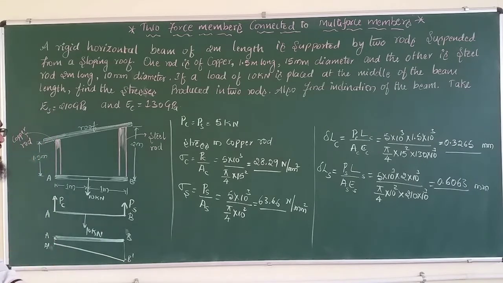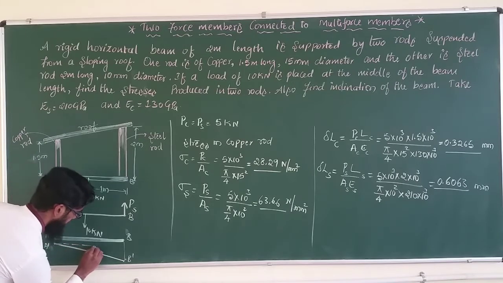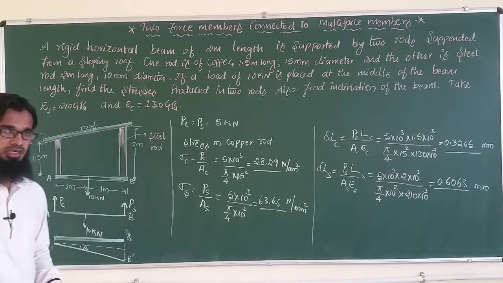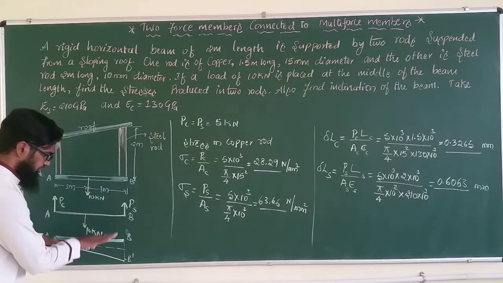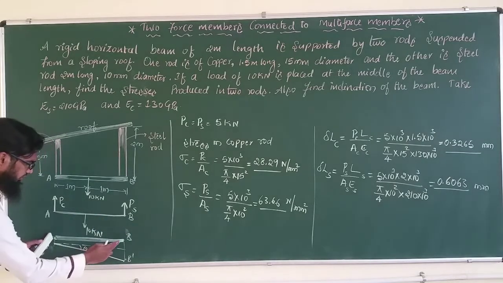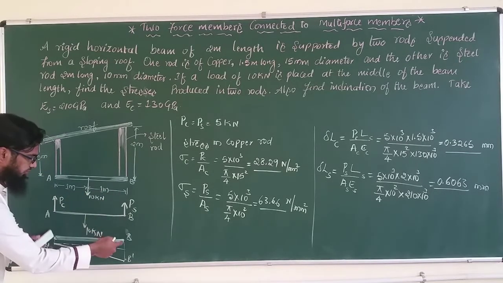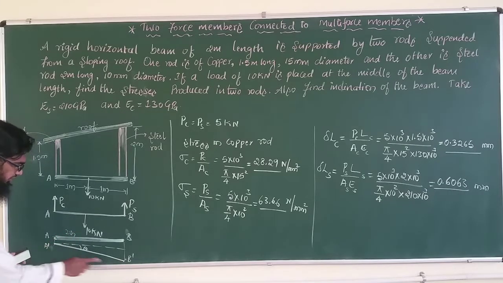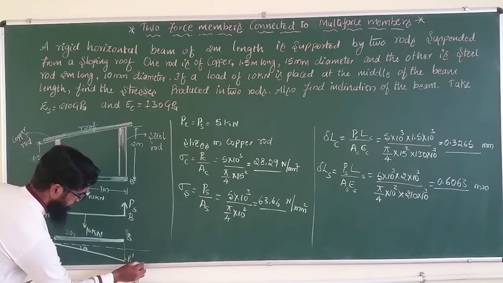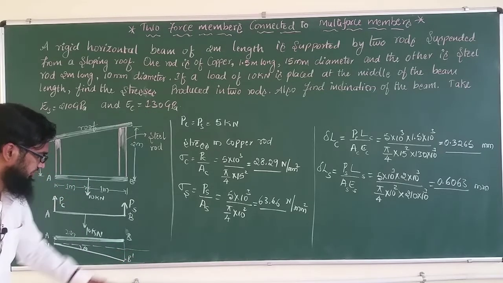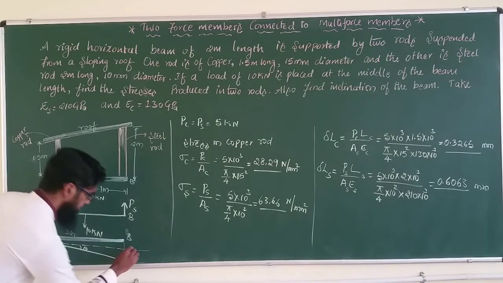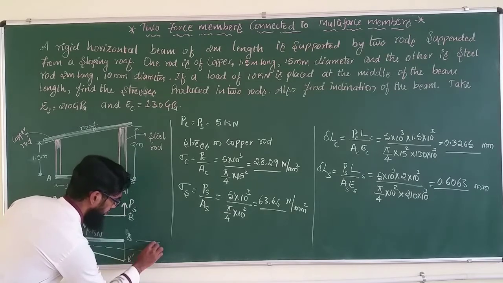Now I need to calculate the angle of inclination. You just take the horizontal line here. This is theta, the angle of inclination. We know that this length is 2 meter, the same horizontal length I have taken. So this is A dash B dash. If I calculate the length here, I can calculate the angle of inclination.